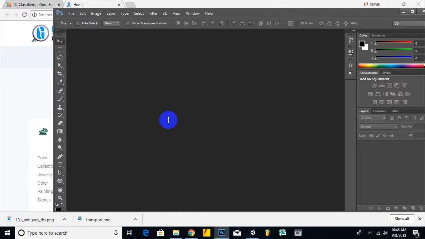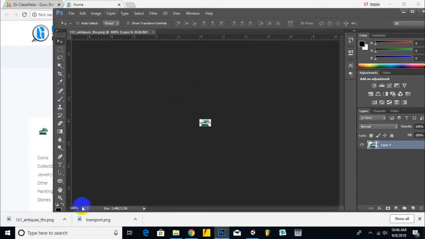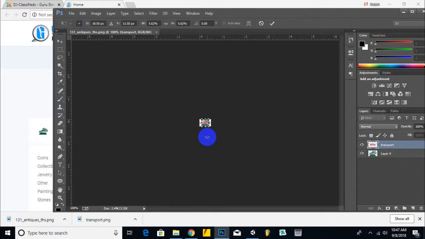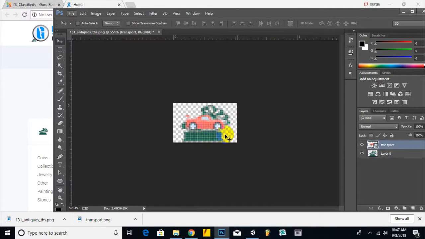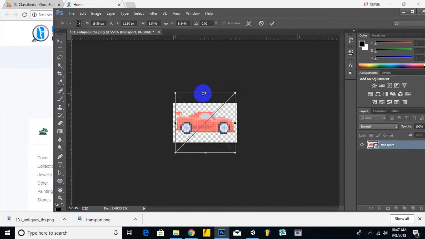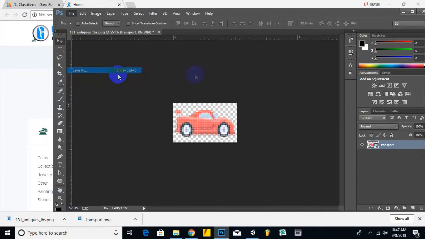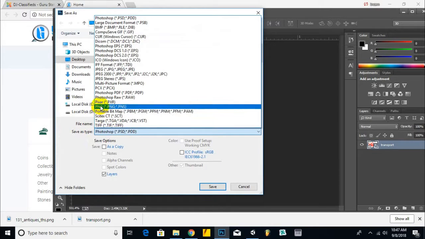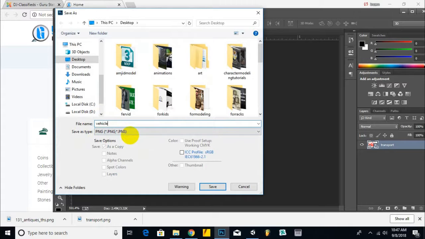I will just drag and drop again. It's taking time actually. Yeah, now I already have downloaded this transport image, and I will adjust the icon, Control T for transform, and then I think that's good. Let's save this image as vehicle icon,